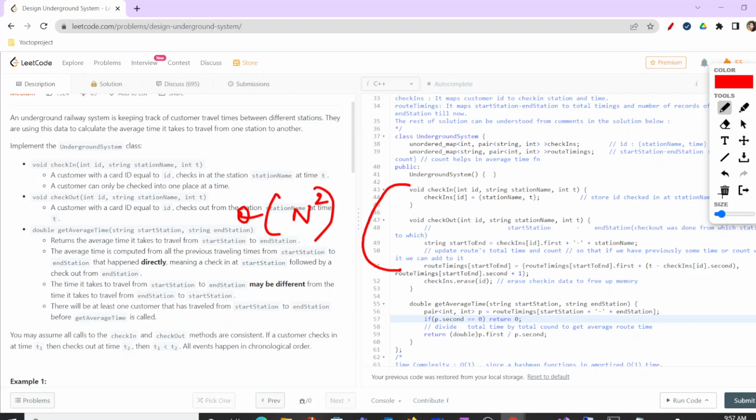Means for a particular start station, there could be n number of values, and for a particular destination, there could be n number of start stations, because a person could start from any particular start station, and even a start station could go to any number of destination stations. Although at one time it would be just one, the values which would be stored in the map could be n into n. So in that context it is n square, but the time complexity here is directly order of 1, because we are using an unordered map, and we are simply storing into it and then retrieving the values in order of 1